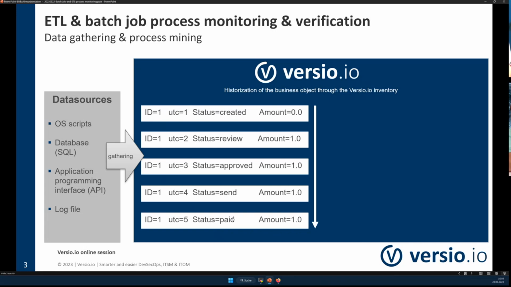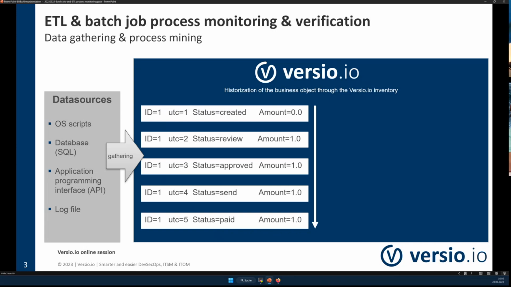And we can send, for example, custom specific values like an amount or a total number of, and something like that. And the most important thing is that Versio helps us to take over this data and to historize the data. Historization is the most important thing